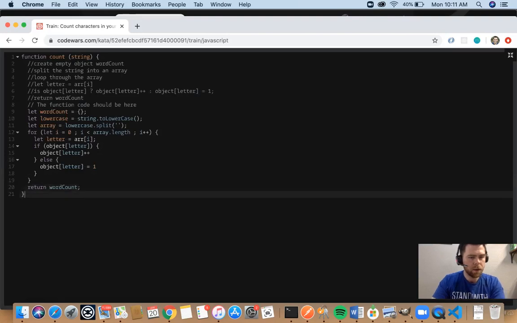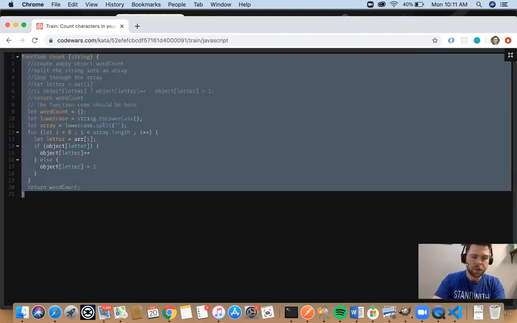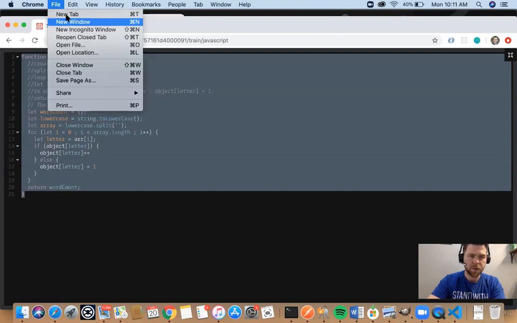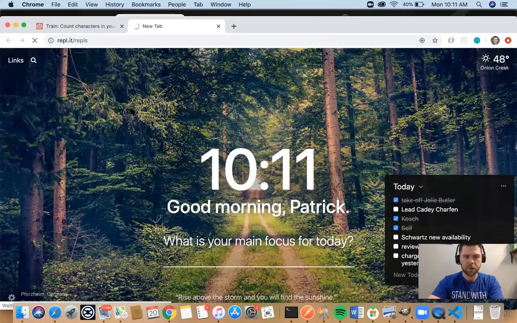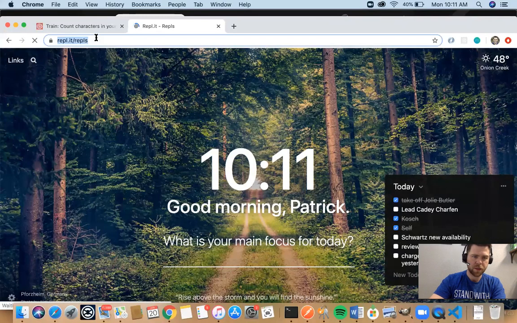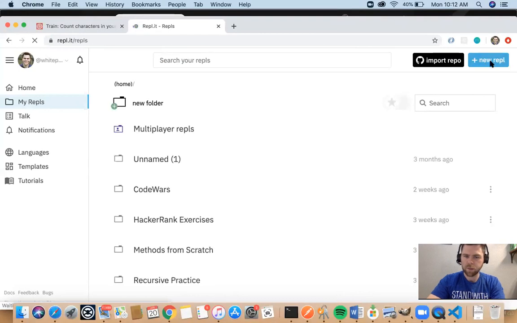I think that seems fine. Before I submit it, I'm going to do a little test on it myself in a Replit, because I don't want to lose points because I submitted something that had errors.